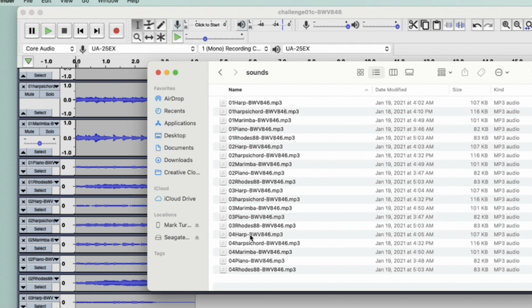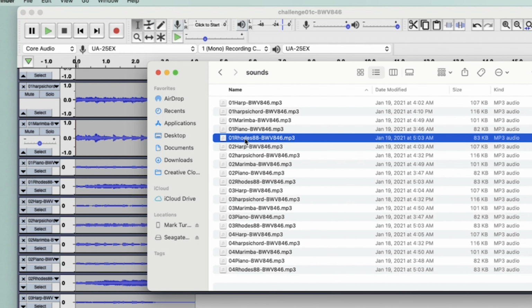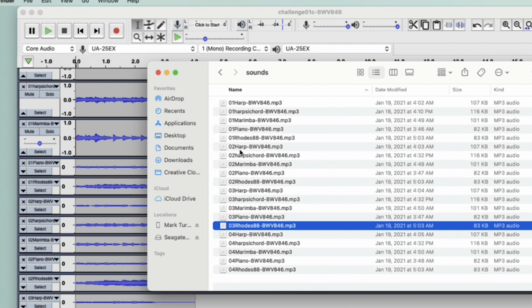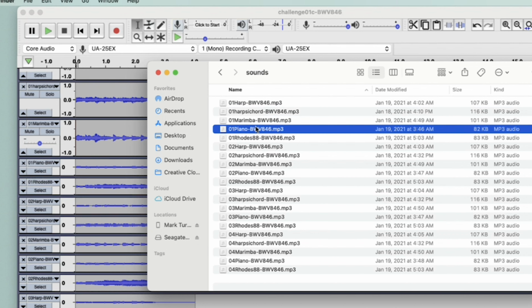This is a Rhodes. Let me highlight it. Rhodes, Rhodes, Rhodes, Rhodes. The Rhodes 88 sound will not change. Here's a harp. Harp, harp. The harp sound will not change. It's a harp. How many of these are we going to have to listen to then? If these sounds never change,